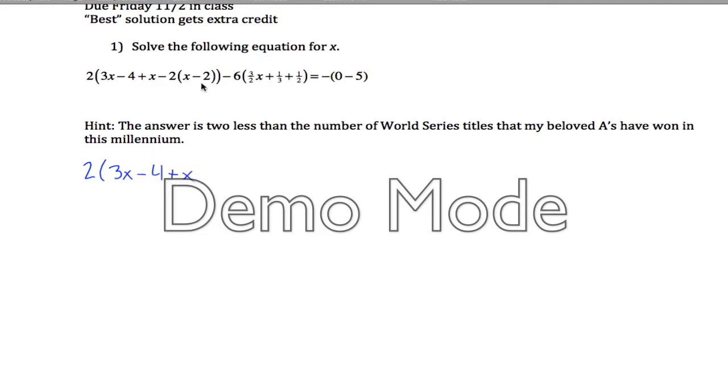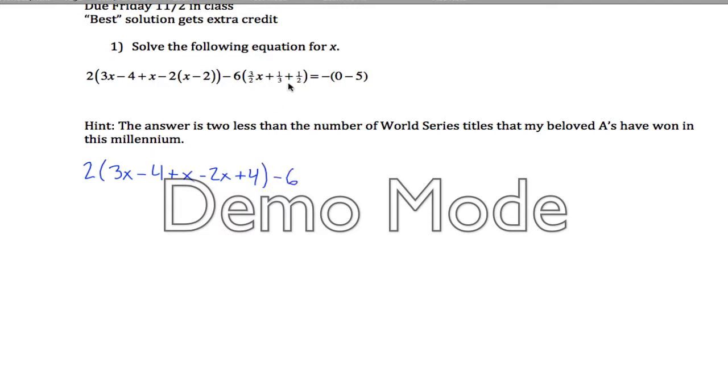4 plus x. So I got this x minus 2 right here. And I can't do much with it inside there. There's no like terms to combine, but I could take this negative 2 and distribute it in. And what that would give me is minus 2x plus 4. And then kind of same idea. Well, actually,